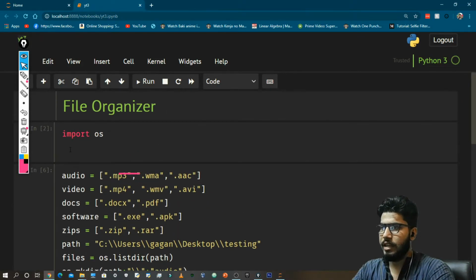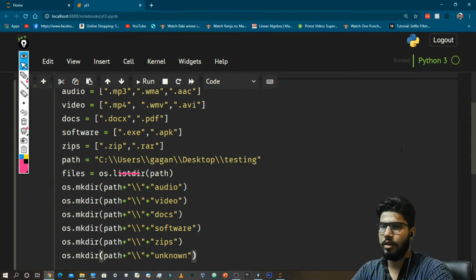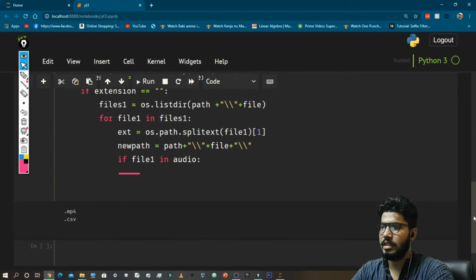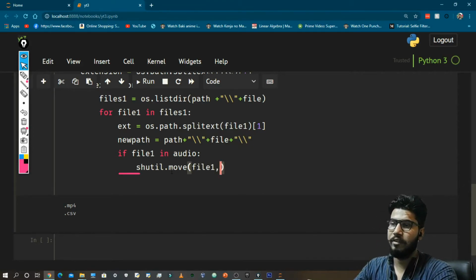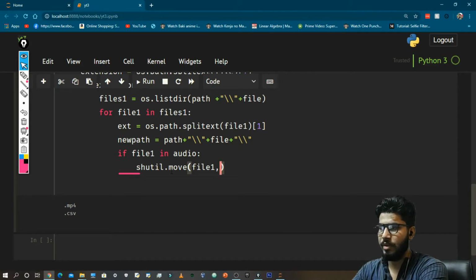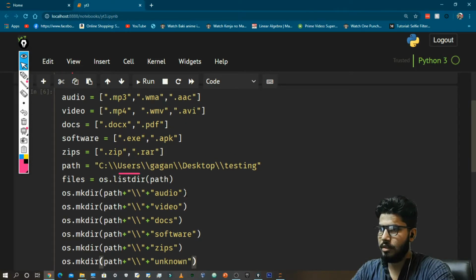So for that we need to import another module, which is known as shutil. Okay, and it is imported successfully. What it is going to do is shutil.move, and here I am going to give file1, and then I need to give the path. So the new path will be this.